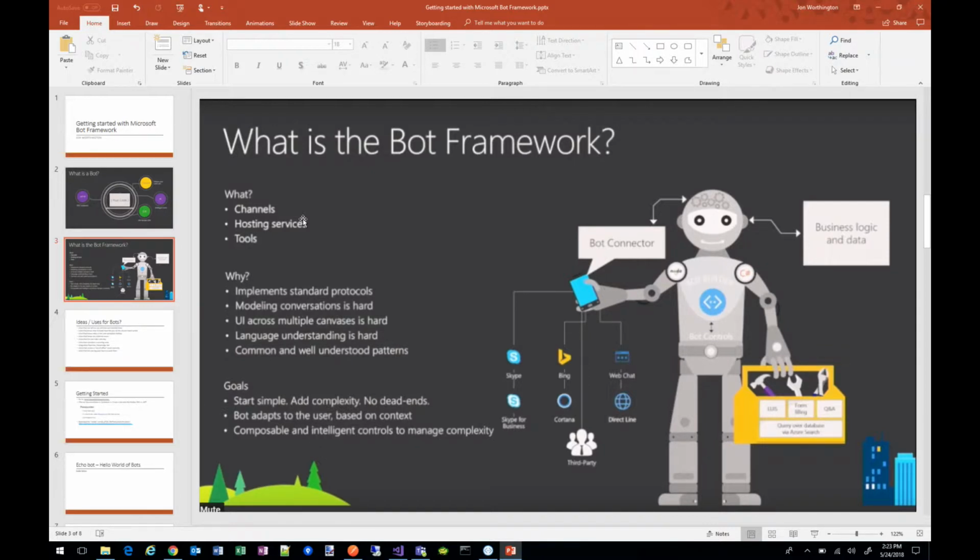Those are all the channels that your bot can operate in. The bot framework makes it really easy to create a bot that people can interface with just with natural conversation. Behind your bot, you can make it really smart because you can plug in things like LUIS, which is language understanding, and different cognitive services that make your bot seem really intelligent. You can also plug into the Microsoft Graph, so you can get all of the rich data that Microsoft Graph allows.